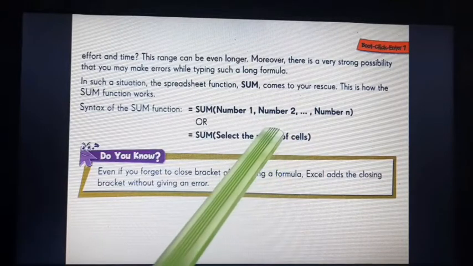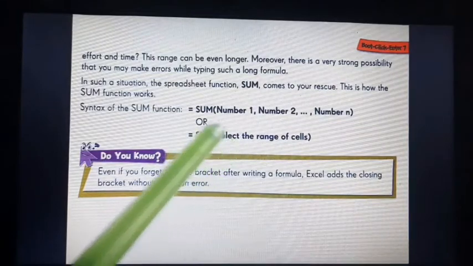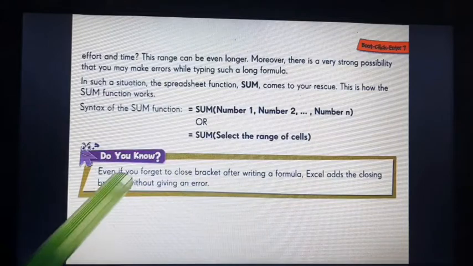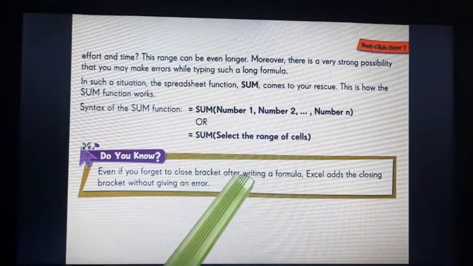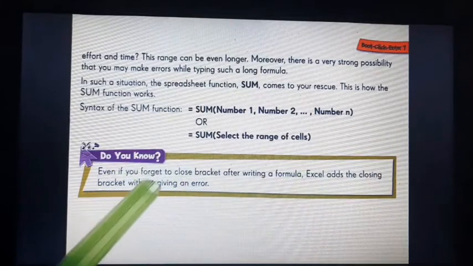We'll press the Enter key and we'll get the result. Now we'll take up an example and we'll see that also. Now even if you forget to close the bracket after writing a formula, Excel adds the closing bracket without giving an